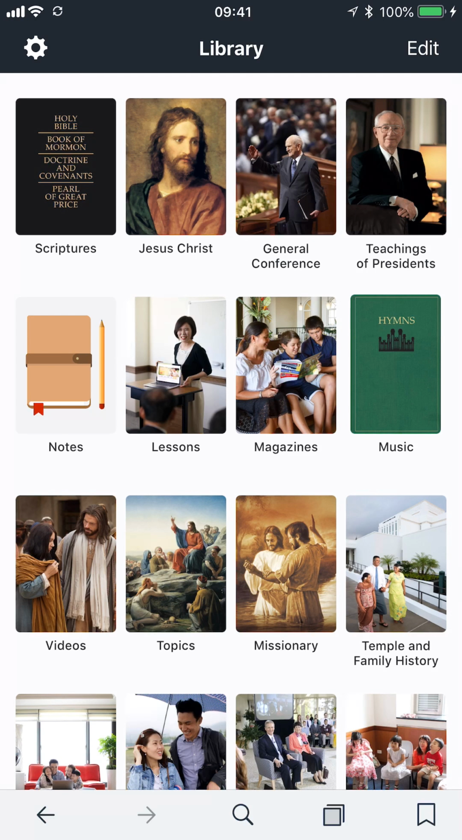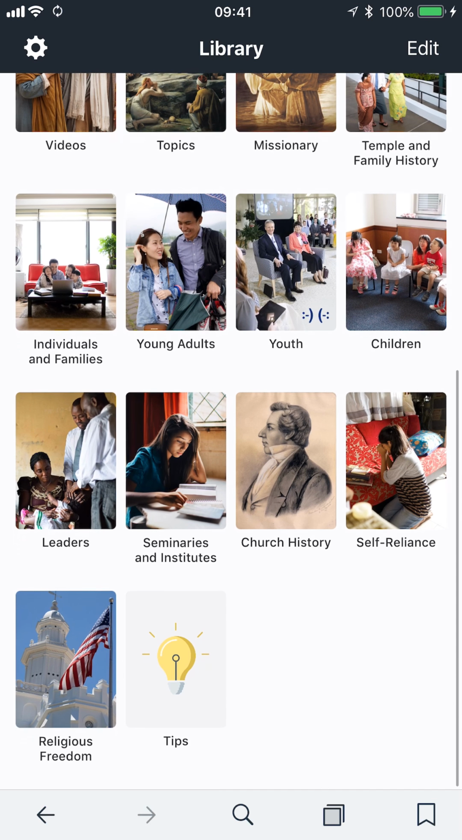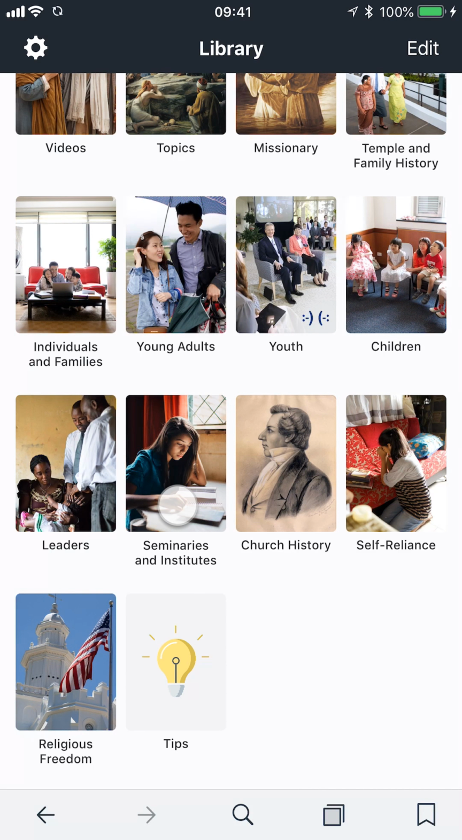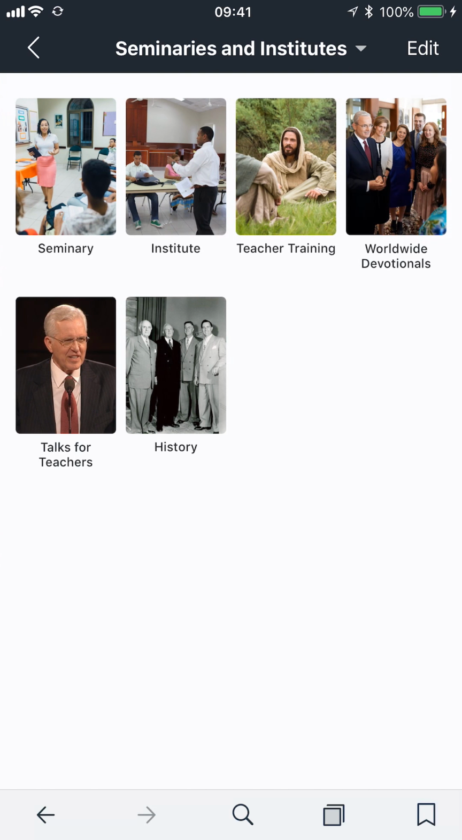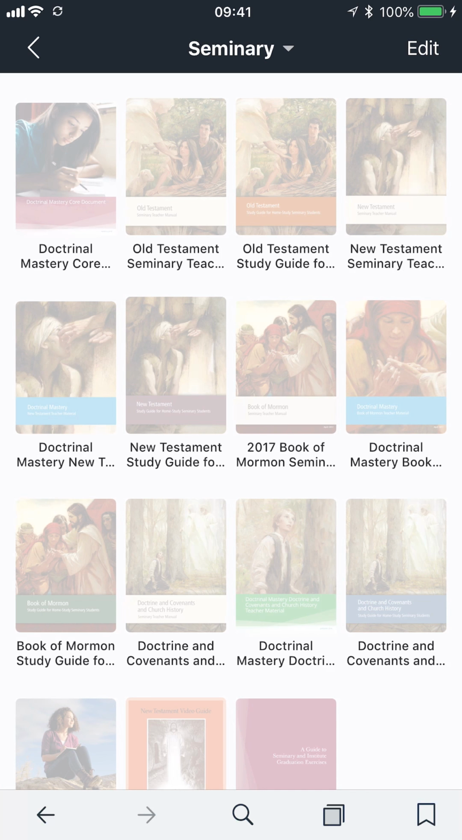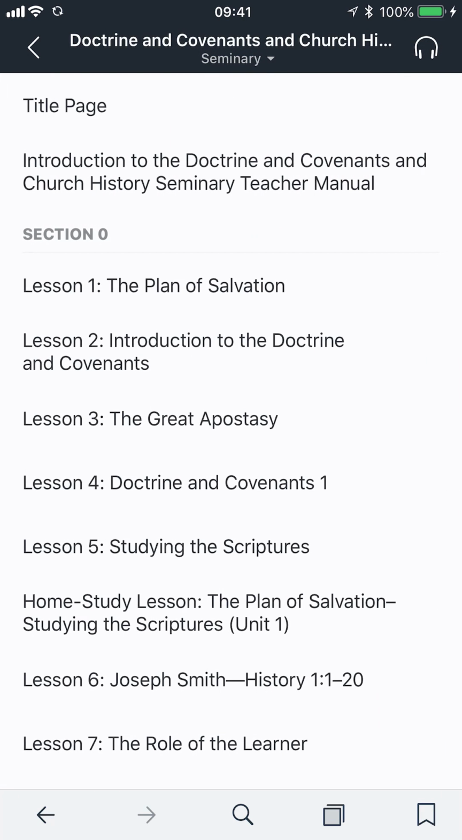Let's go ahead and look at the seminary material. So we'll scroll down, and you'll see seminaries and institutes. Let's first look at seminary. So the resources I would download to your phone or tablet are these. First is the Doctrine and Covenants Teacher Manual. That's located right there. And in this resource, there's 160 lesson outlines to cover all of the Doctrine and Covenants